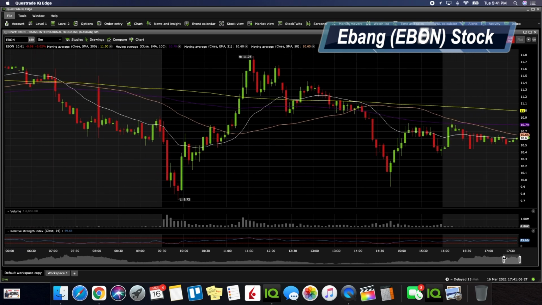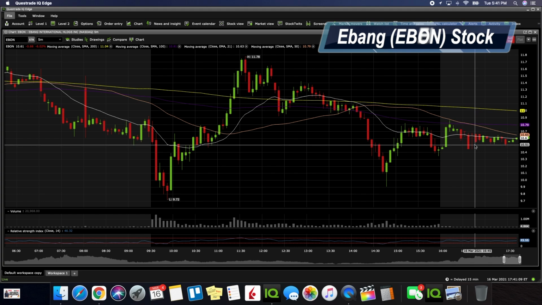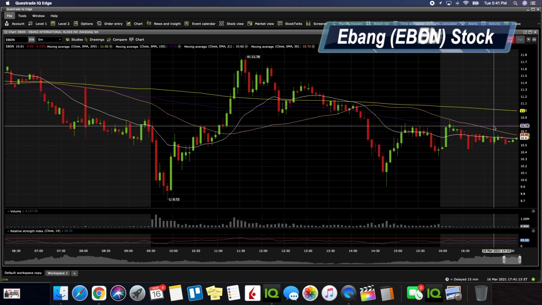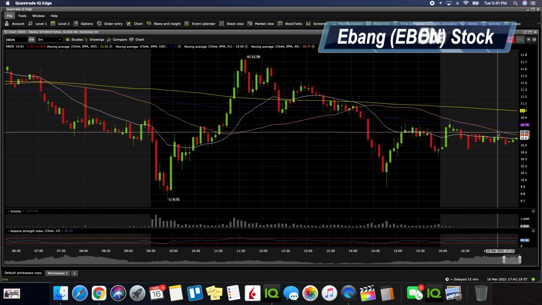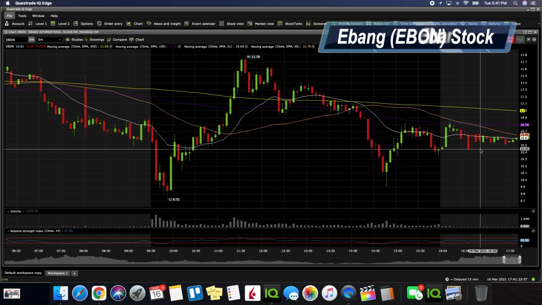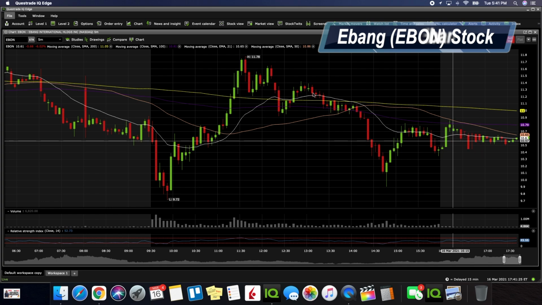If we open it up and take a look at what's going on in after hours, we see a support level here of around $10.50, with the resistance area being right around this $10.70 area, $10.69, however you want to call it. So I'm definitely looking forward to see what happens tomorrow.